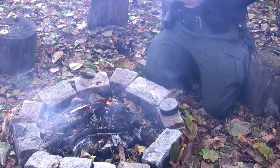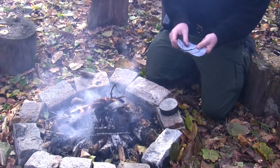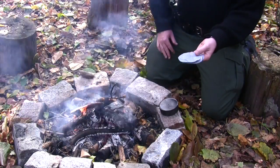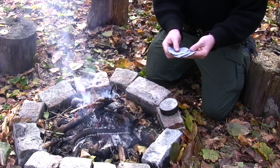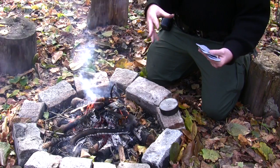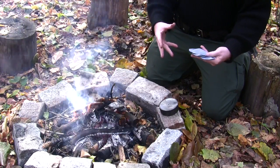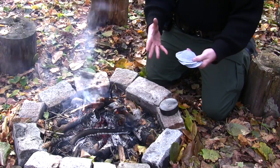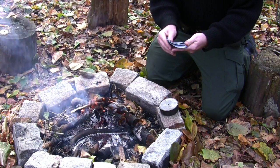You want to make sure that your material is cut to fit single layer inside the tin, but you don't need to do one at a time. I'm going to stack up 4. You don't want to pack your tin full, because you need oxygen to char this cloth. So if you fill up the tin, you won't have enough oxygen inside. I would say 3 to 4, maybe 5 layers at the most is what you want to fill your